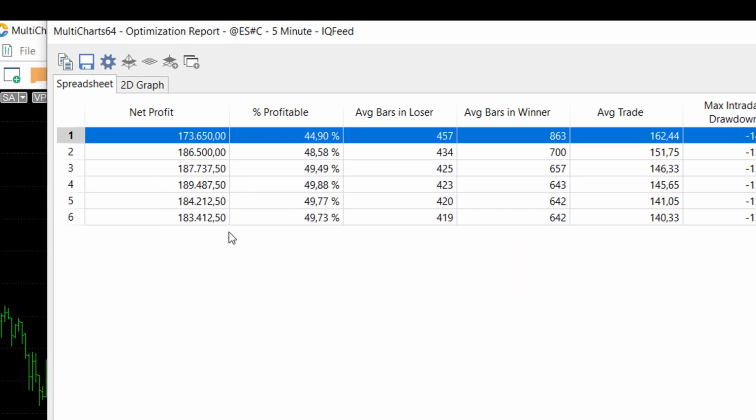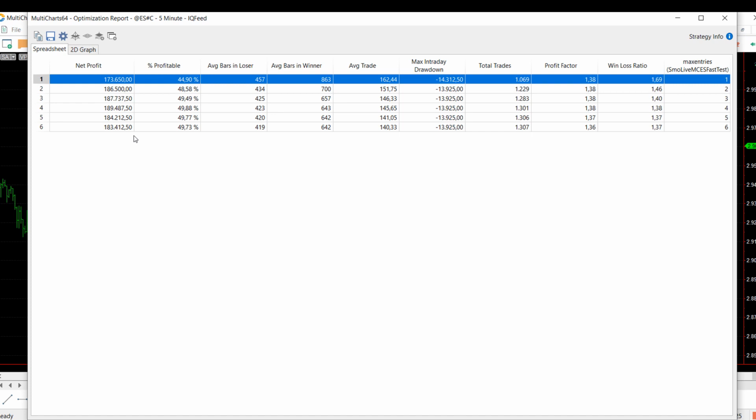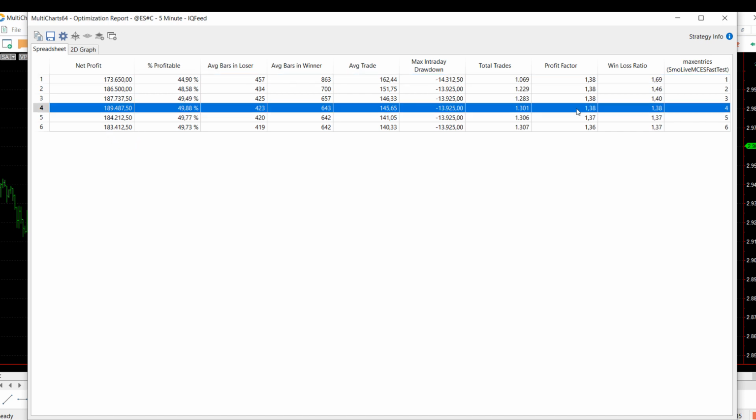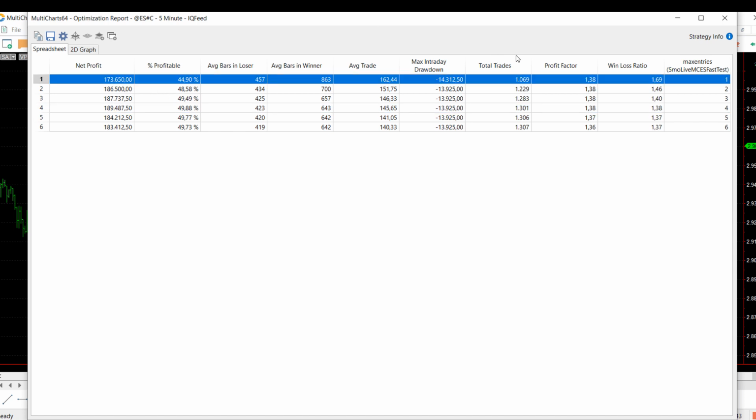We are all about $180,000 in the trading period we analyze with a single contract. But for the first, this is the best one with 4 entries limited. The only one where we lose some performance is the first one here. With only 1 entry, we lose performance, but